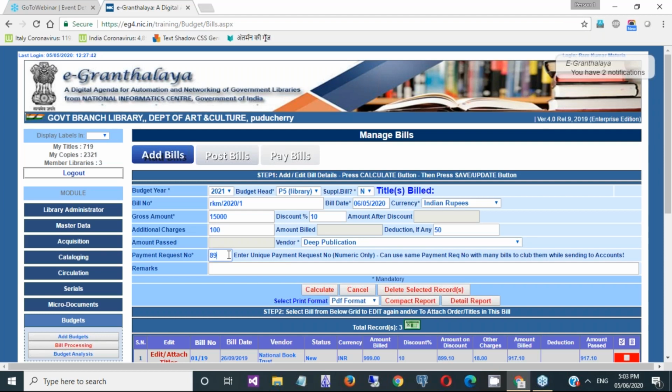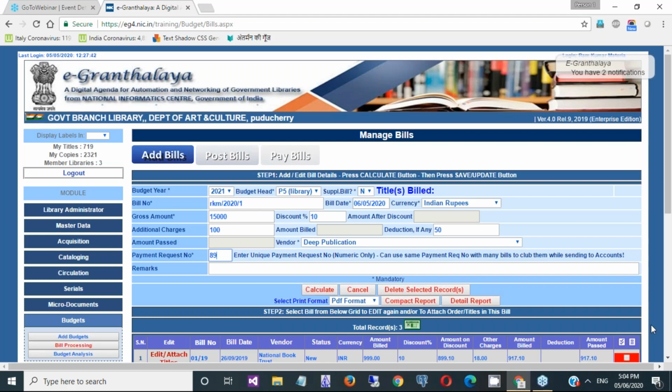Suppose you have received 10 bills in the library, you have purchased many books, and you wish to club all 10 bills in the same request which you will send to the account section. So this payment request number should be the same in all the bills you wish to club together.